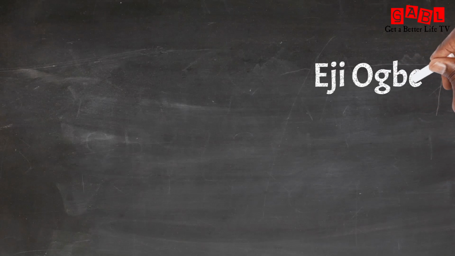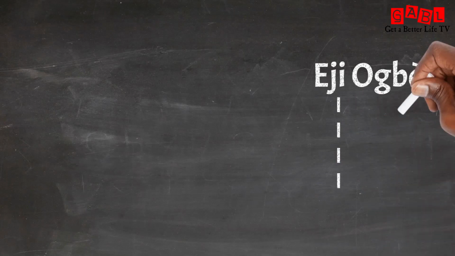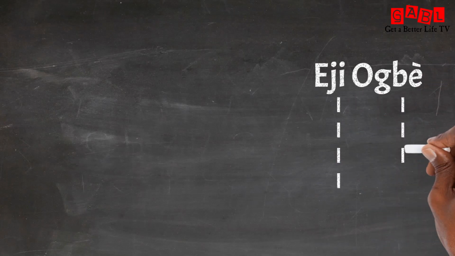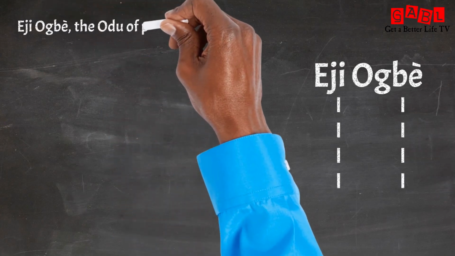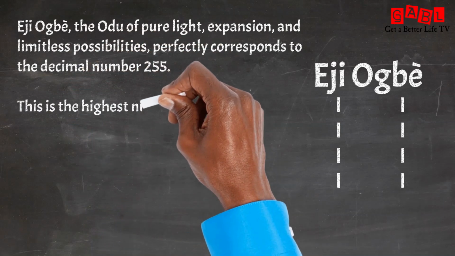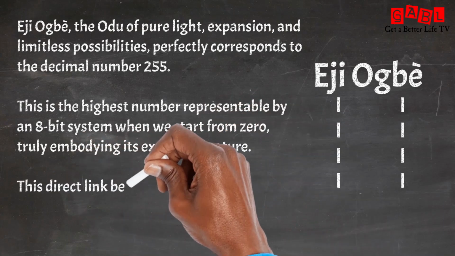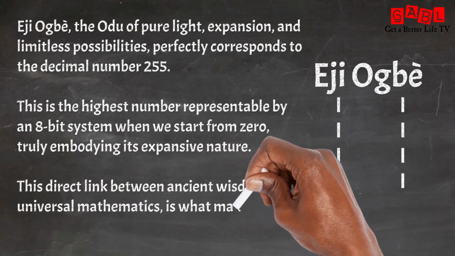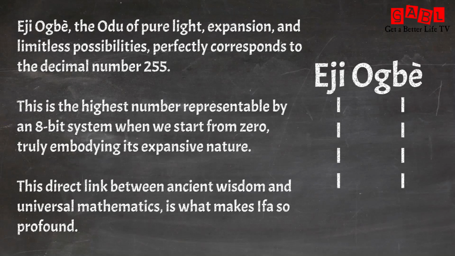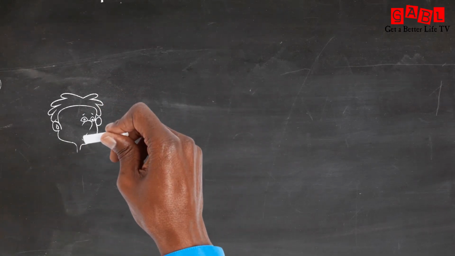So, Eji Ogbè, the Odu of pure light, expansion, and limitless possibilities, perfectly corresponds to the decimal number 255. This is the highest number representable by an 8-bit system when we start from 0, truly embodying its expansive nature. This direct link between ancient wisdom and universal mathematics is what makes Ifa so profound. So let's move to the next fundamental Odu,